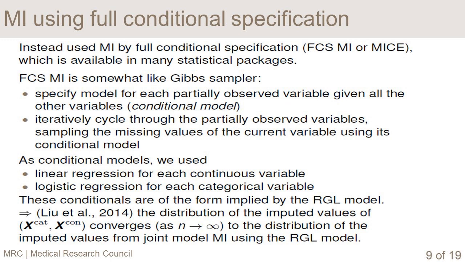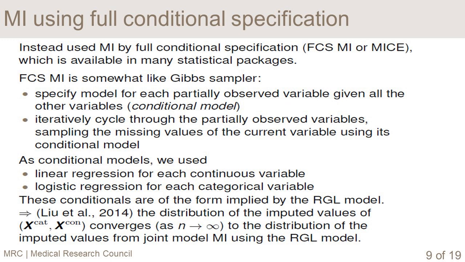And that's called the conditional model. And then you iteratively cycle through the partially observed variables, sampling the missing values of the current variable using its conditional model. And in this case, we use the default option in most of the software. So that means that the conditional model for each continuous variable is just a linear regression, and for each binary variable, it's a